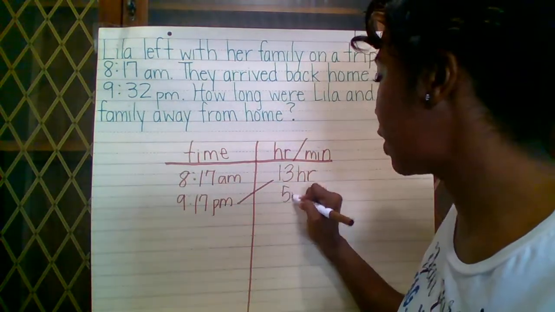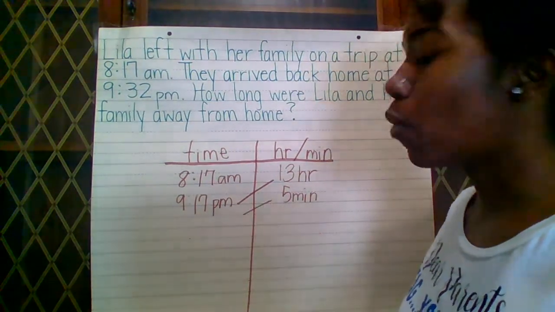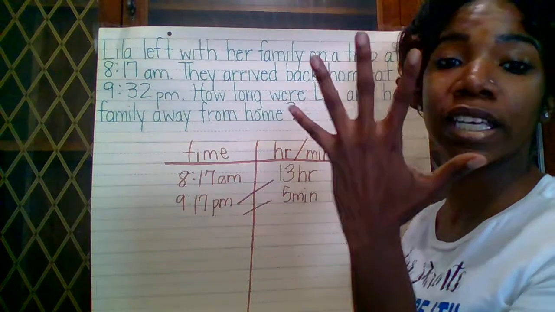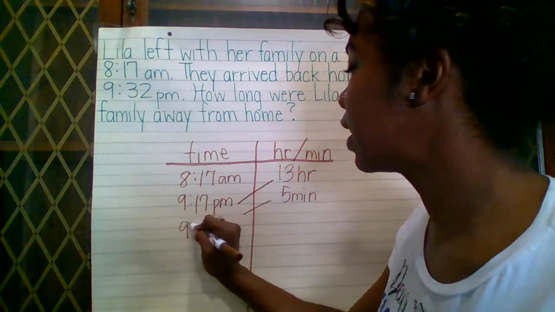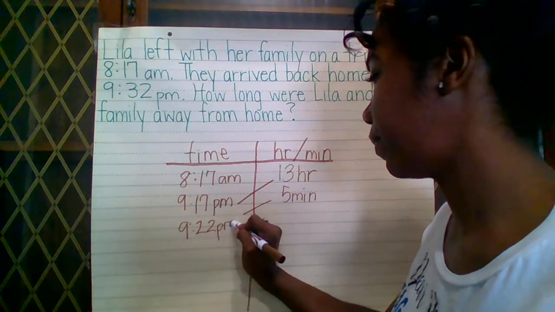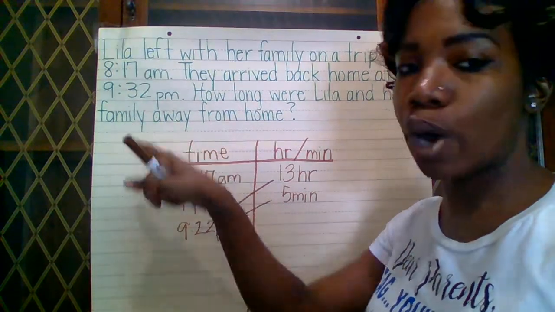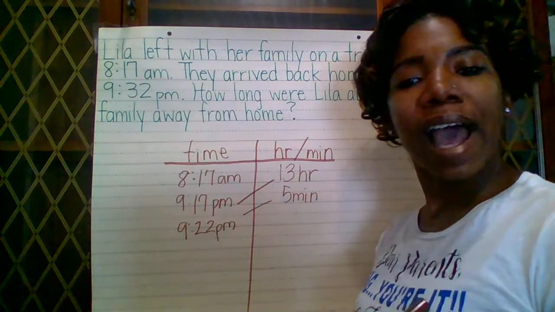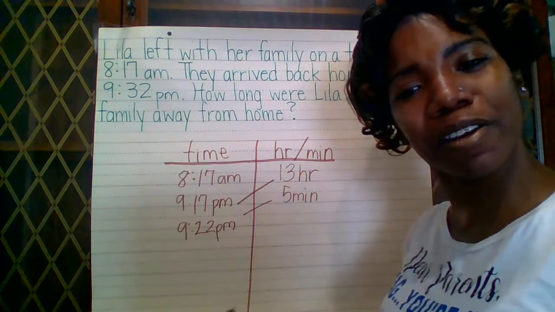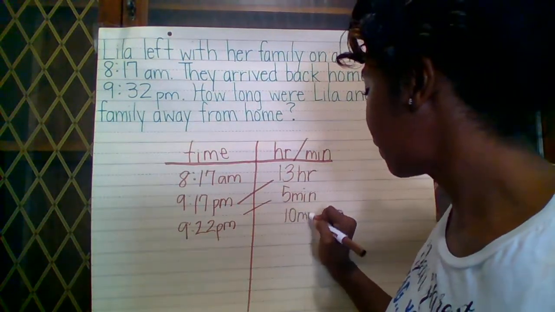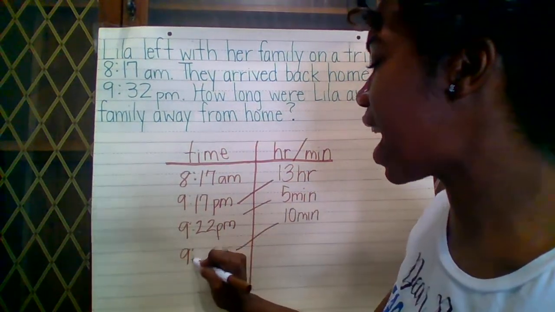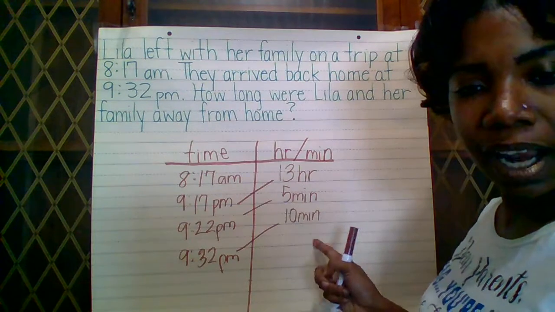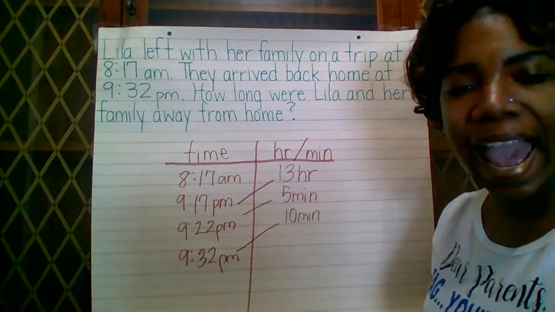Awesome. So if we go 5 minutes, what is 17 plus 5? 17, 18, 19, 20, 21, 22. So it is 9:22 p.m. Am I at my ending time? No. So I have 22, but I need to get to 32. You guys are so smart. That is 10 minutes. You are correct. So we can add 10 minutes. And in 10 minutes, it is 9:32 p.m. So we need to know exactly how long, just like we did in the last problem. We need to add our hours and